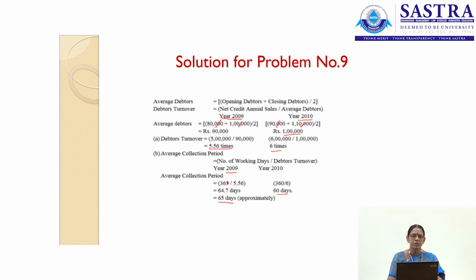So the debtors' turnover ratio is 5.6 times for the first year and 6 times in the second year. See to it, the higher the number of times it is turned over, the lower is the time taken to collect the debt. If it is 5.56 times, we get 65 days, taking it as 360. Now this is 6 times, we take 60 days. So the higher the turnover, the lower will be the period taken for the collection of debts.